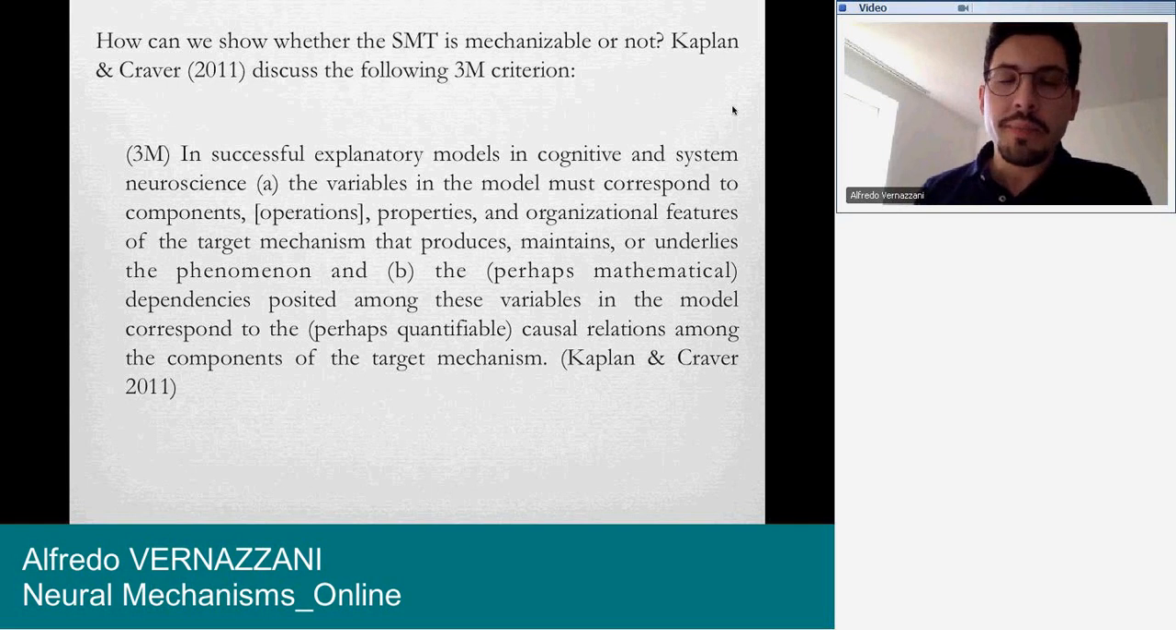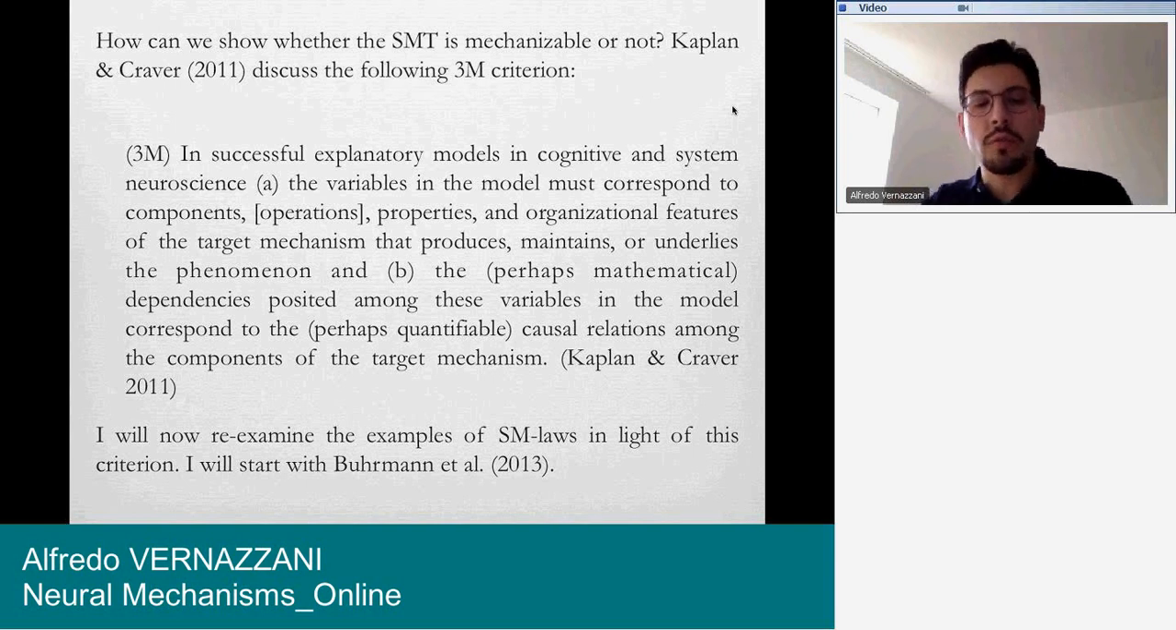In successful explanatory models in cognitive and system neuroscience, (a) the variables in the model must correspond to components, operations (that's my change of the term, but it's not relevant here), properties and organizational features of the target mechanism that produces, maintains, and underlies the phenomenon, and (b) the perhaps mathematical dependencies posited among these variables in the model correspond to the perhaps quantifiable causal relations among the components of the target mechanism. Okay, now what I'm going to do is re-examine the examples of sensorimotor laws in light of this criterion. I will start with the